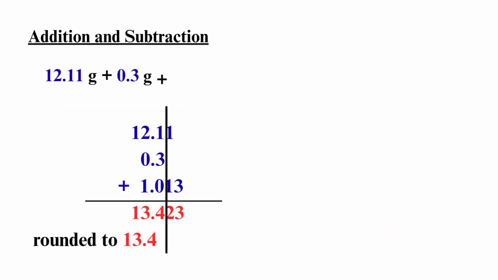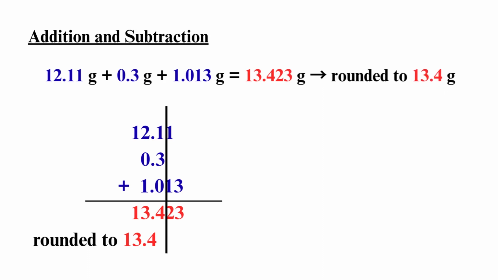Once rounding is understood, we apply it to calculated results, keeping the uncertainty of the original measurements in mind. When performing addition or subtraction, the result should be rounded to the same number of decimal places as the measurement with the fewest decimal places. For instance, when adding 12.11 grams plus 0.3 grams plus 1.013 grams, the calculator gives 13.423 grams. However, because the least precise value, 0.3 grams, has only one decimal place, the final result should be rounded to